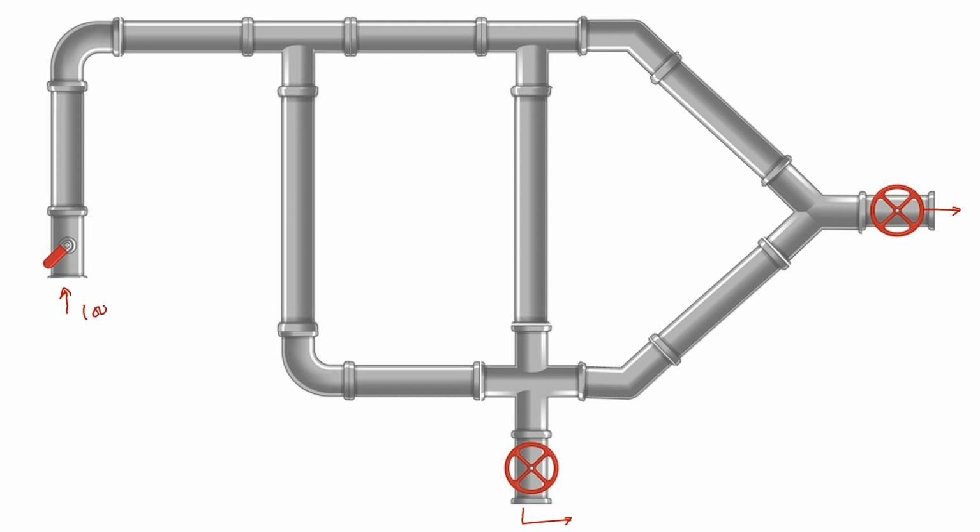If we supply 100 liters per second of water at the inlet, we will have a sum of 100 liters per second at the outlets, but it is not necessary that here it will go 50. Sorry, if we need 50 liters per second here, we have to distribute this 100 through these pipes